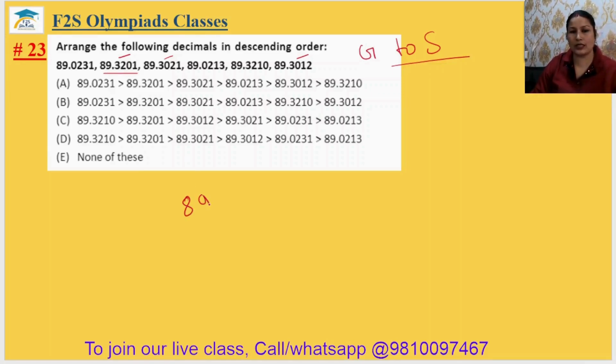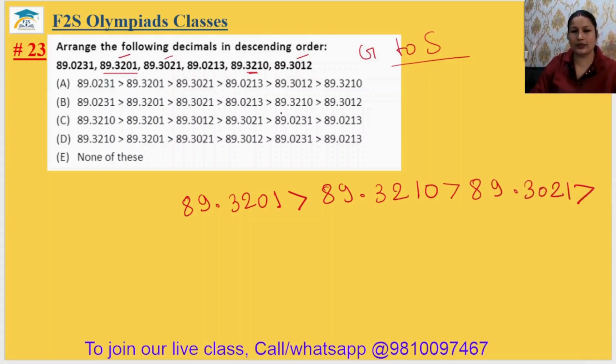It will be 89.3201. It is greater than 89.32. Now next is this one. 89.3210. Okay. Now 89.30 है इधर भी, 30 है इधर भी, but it is 21. This will be